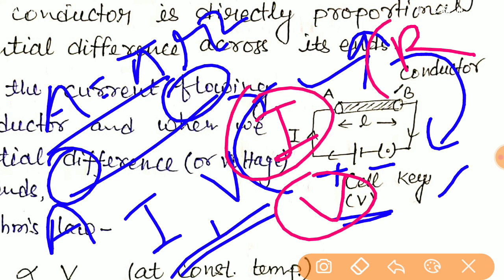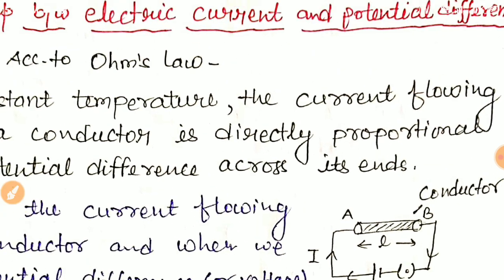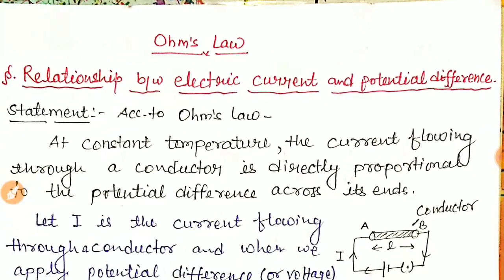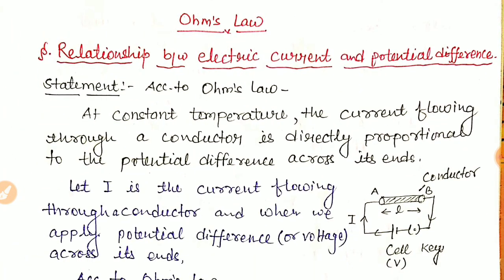We have three things: electric current, potential difference across the conductor, and resistance of the conductor. Resistance is the characteristic property of the material which resists the flow of electric current, and we will see it clearly in the next lecture. Okay, now let us see the statement of Ohm's law. What is the statement of Ohm's law? Ohm stated that